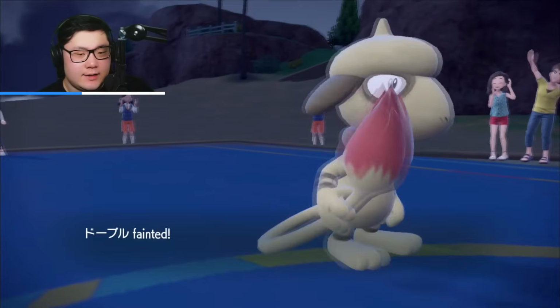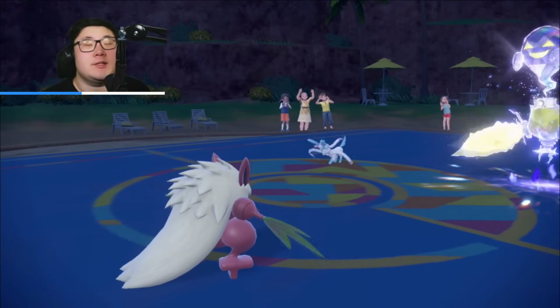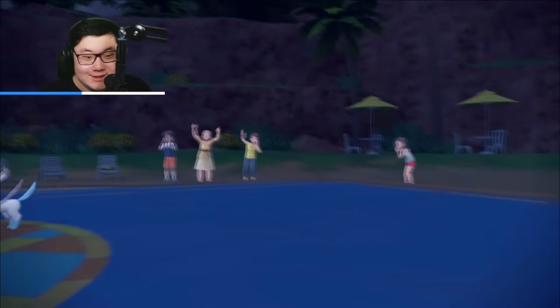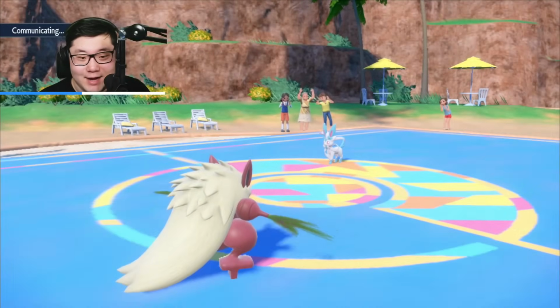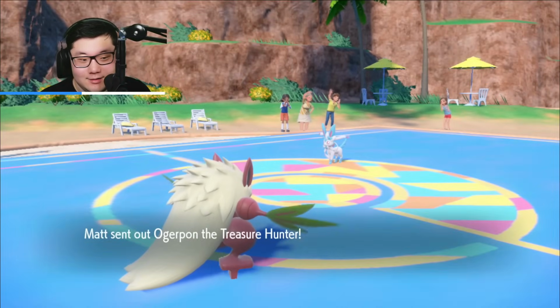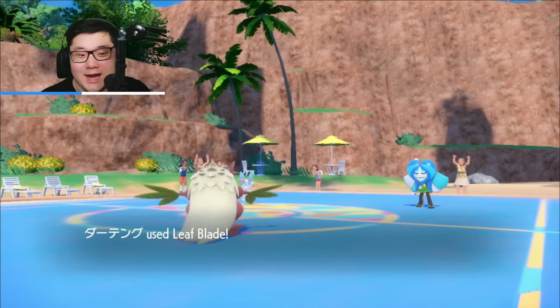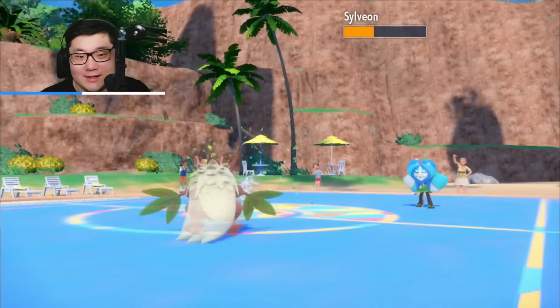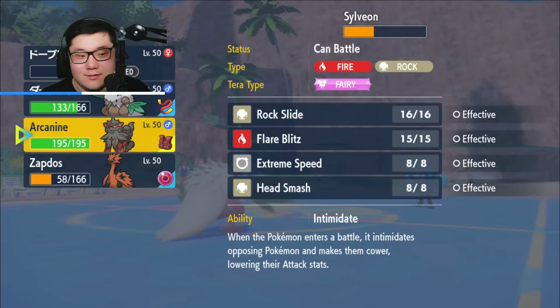That's fine. I got a huge Leaf Blade damage, and both of these Pokemon are in Extreme Speed range. They're also really weak to Arcanine in the back. So that misclick actually kind of works out in our favor because the Eleki doesn't get a free switch back. As much as this has been a disaster, it's actually not terribly over yet. Leaf Blade into Sylveon, not bad. We go out into